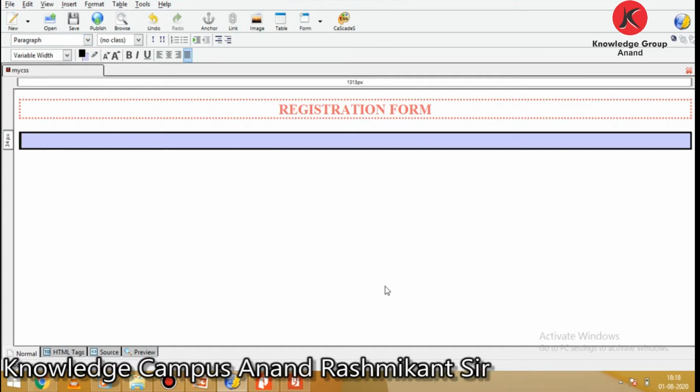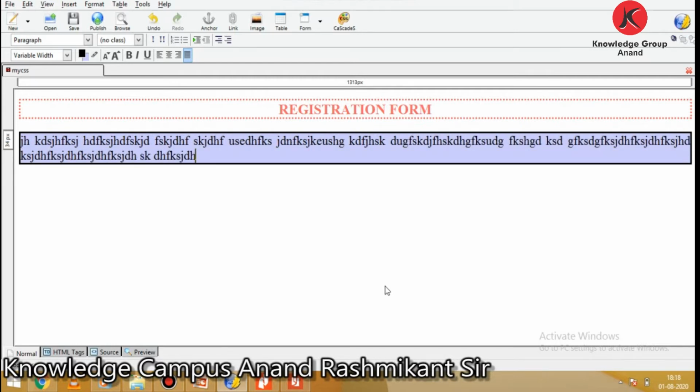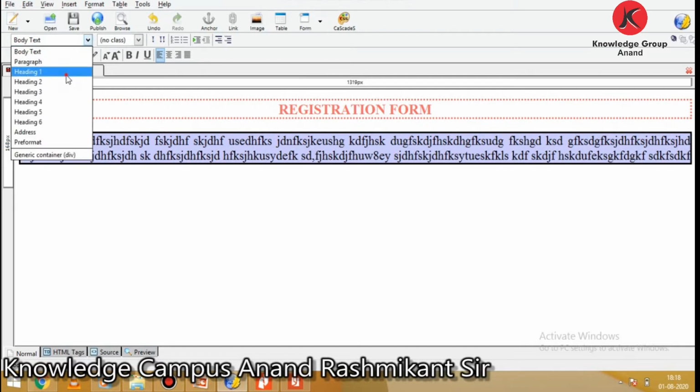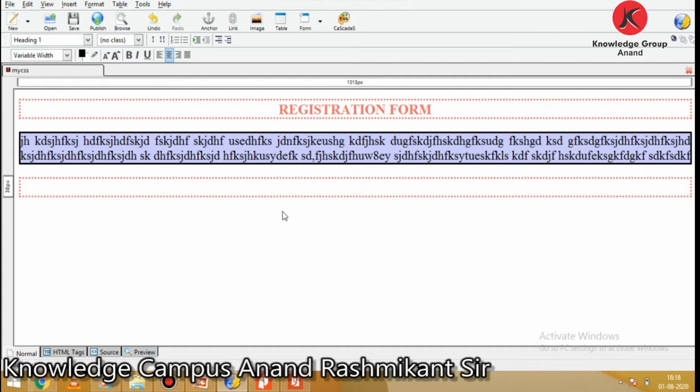Then you can see, if you now apply the paragraph here, the style appears. Once again, if you want to apply heading, it is for heading 1.